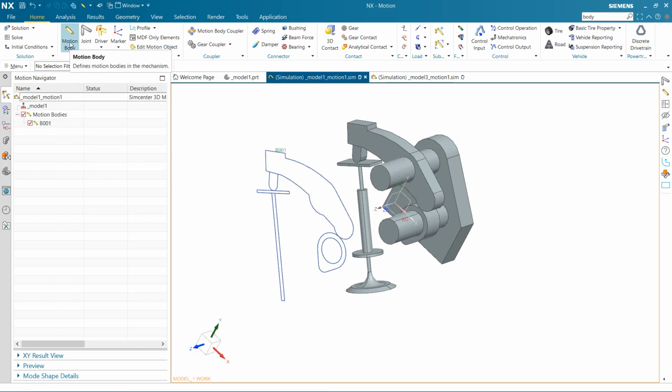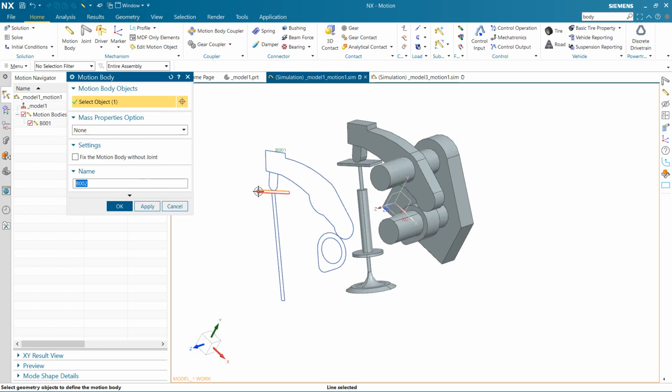For another one, remember to choose none for the mass. It's not automatic, and it's not user defined. You can put user defined and put 0 there, it doesn't matter. But for this 2D version, you can just use none because it doesn't really have any mass here. Just click OK and you choose the rest.